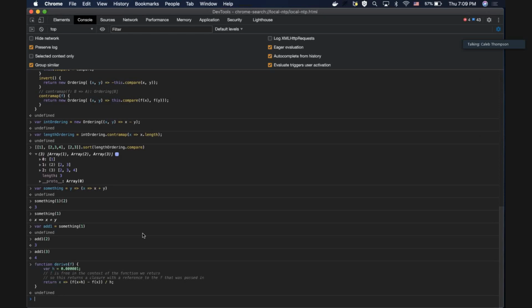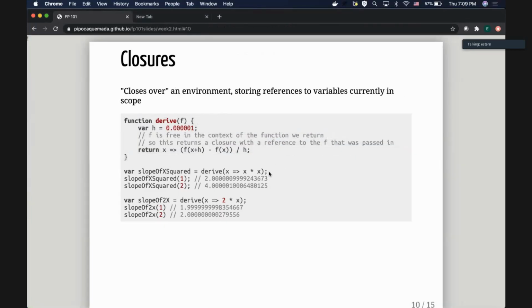So one of the first things that calculus introduces is something called a derivative, which is basically the slope of a function. The definition of a derivative is f of x plus h minus f of x, over h, where h is some kind of infinitesimal thing. So kind of the fun thing that we can do here,